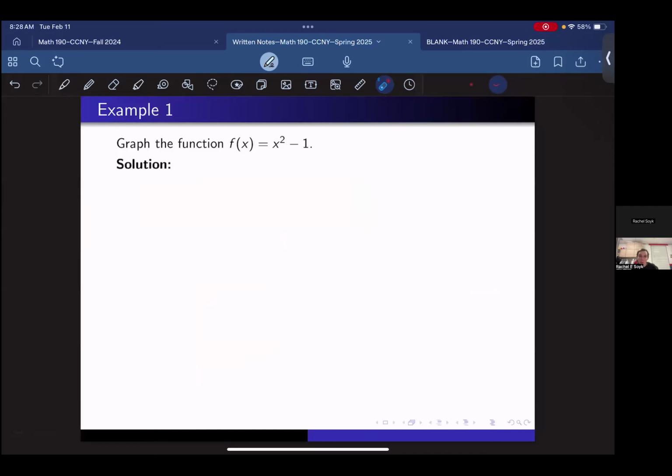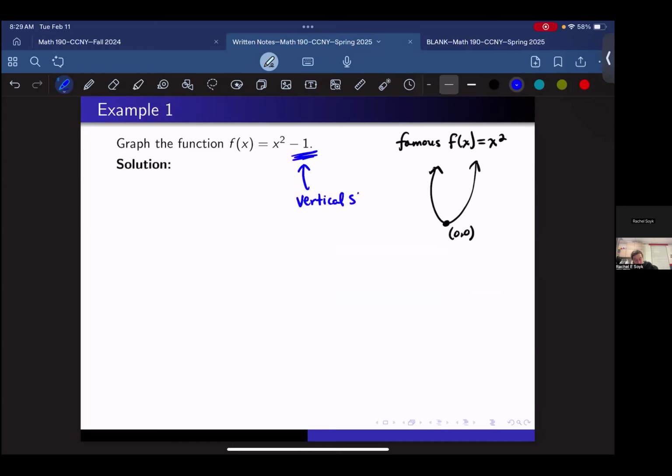Now let's look at our first example for this lesson. Instead of, like on the previous page, we had our famous f of x is equal to x squared function, again, having that vertex be at our origin, which is 0, 0. Notice we now have a transformation that's taking place. We're looking at x squared minus 1. And more specifically, this is a vertical shift down